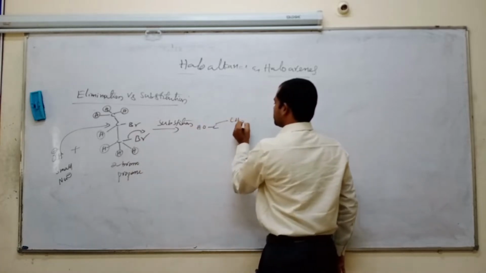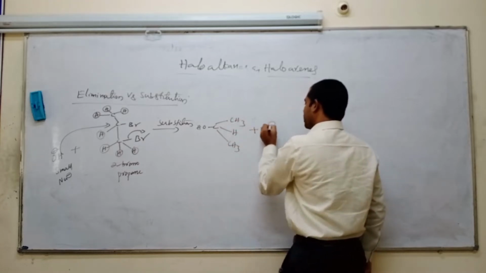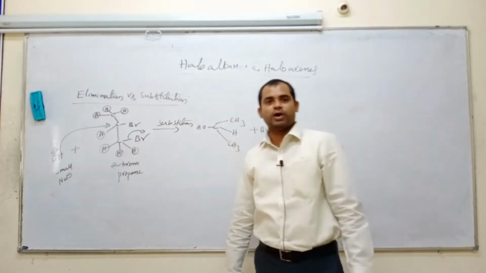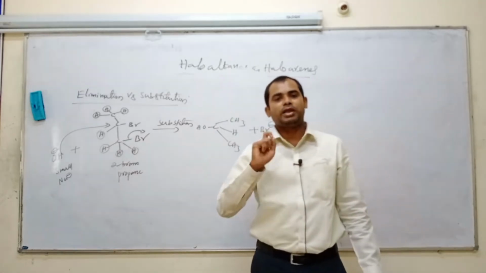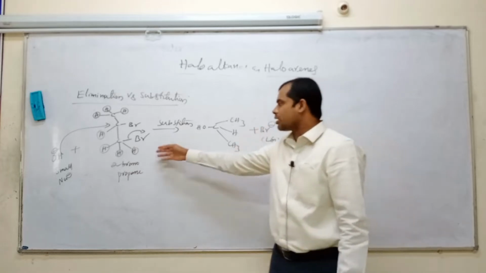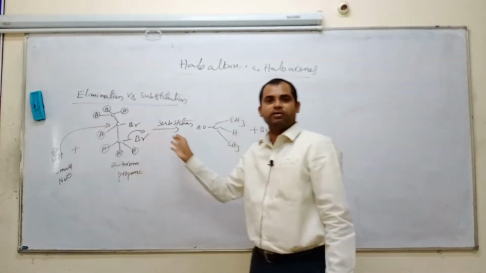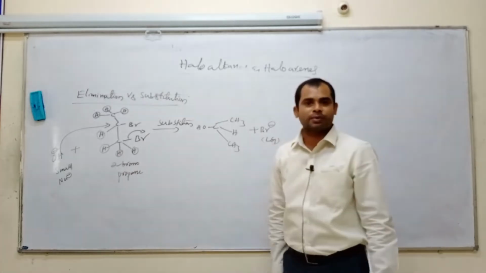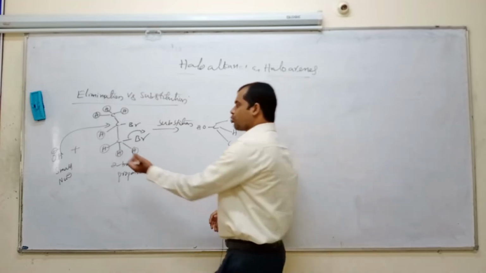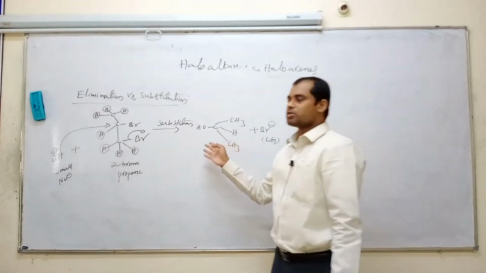Here, see, this side CH3, here hydrogen, here CH3, and bromine as the leaving group, the bromide ion. That means it depends upon the size of the nucleophile. When an alkyl halide reacts with a bulkier nucleophile, it always favors the elimination reaction. Suppose the alkyl halide reacts with a small nucleophile, the size is very small and it easily attacks the carbon. Here the proton is not abstracted. Here there is no steric hindrance, so the nucleophile can easily attack, and it undergoes substitution reactions. They form the compound, so this is the product.